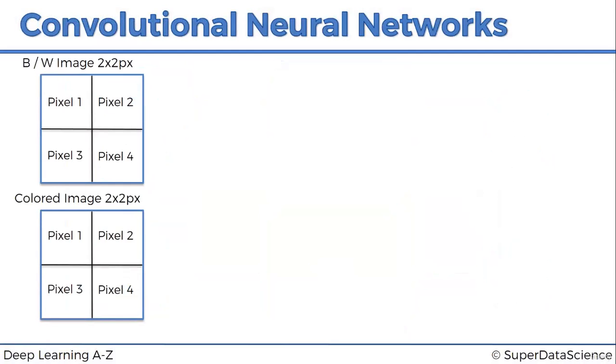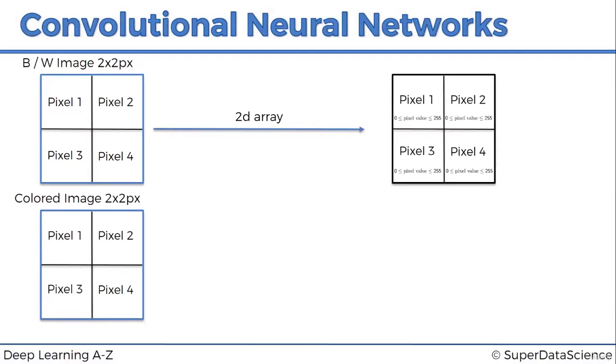Let's say you have two images, one is a black and white image, 2 by 2 pixels, and one is a colored image, also 2 by 2 pixels. Well, a neural network leverages the fact that the black and white image is a two-dimensional array. So the way we see it right now on the left is just the visual representation, just some kind of picture, and for simplicity's sake it's just a 2 by 2 picture, but in computer terms it's actually a two-dimensional array